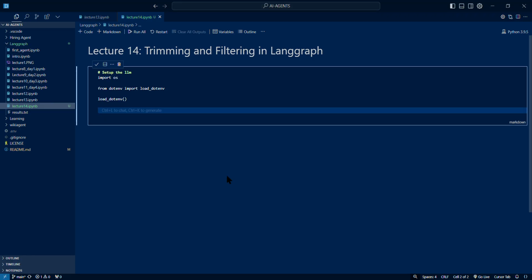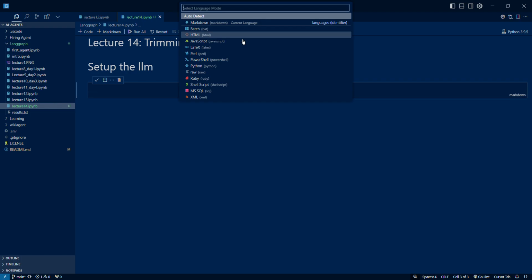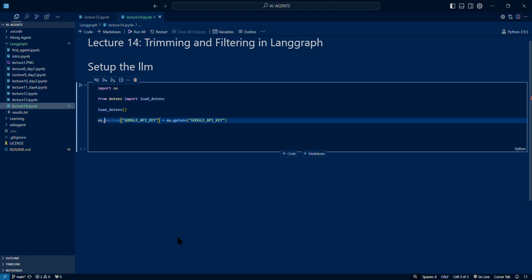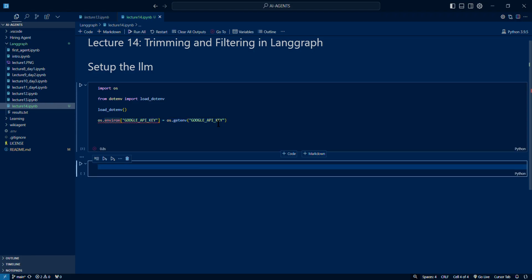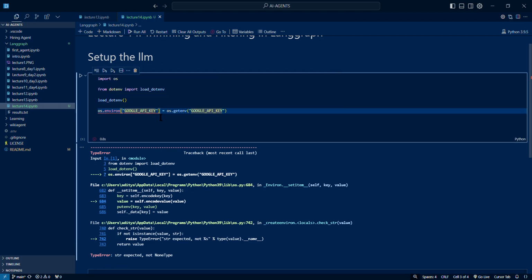Next we need to set up our environment variable for the Google API key. So we are good till here, and I think this code is being written in Markdown. So let's cancel this, run it, and change it to Python .py. Yeah, so we have done this. It's giving me an error. What is the error? I think my spelling must have been wrong, so let's fix it. os.environ, run it. Okay, it's not able to find it. Actually, this is not the Google API key. I think this is